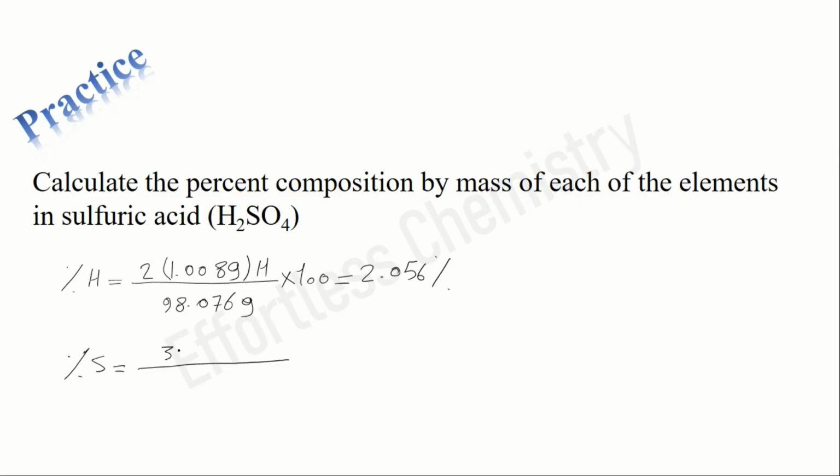For the sulfur, the percent composition is as follows, the same as hydrogen. Its atomic mass, 32.06 grams of sulfur. When I say atomic mass of 1 mole, don't consider the mass of only one atom. We are talking about a mole of the sulfur divided by the molecular mass 98.076, multiply by 100, which gives